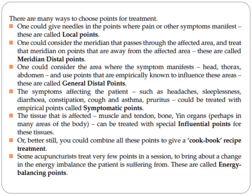One could consider the area where the symptom manifests, like in the head, thorax, and abdomen, and use points that are empirically known to influence these areas. These are called general distal points. The symptoms affecting the patient, such as headaches, sleeplessness, diarrhea, constipation, cough, asthma, and pruritus, could be treated with empirical points called